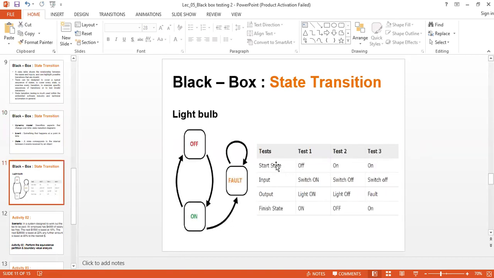So our start state will be off. පටන් ගන්නේ off කියන state එකේ. circuit එක මෙතන off කියන button එක press වෙලා තියෙනවා. එතකොට switch on එක input කරනවා, first input එක හැටියට. එතකොට අපි switch එක on කරොත් මොකද වෙන්නේ? light එක on වෙන්න ඕන, right? So the finished state will be on, right?